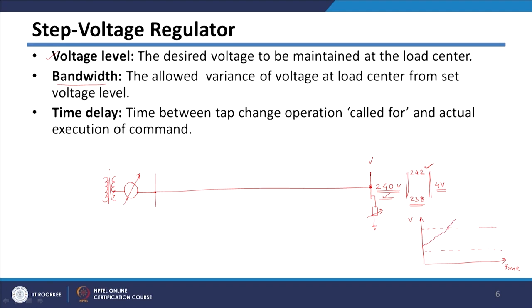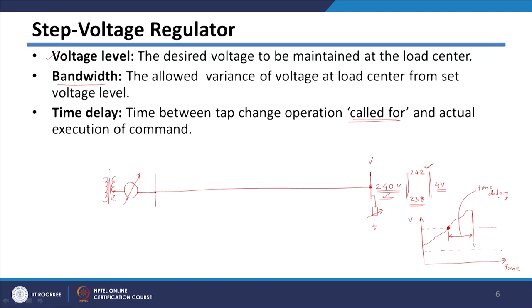Now, here the voltage has gone beyond the limit which you have specified. So, we need to operate the regulator at this point. However, there will be some time delay and then the regulator will operate. Here the voltage has gone up, however, the regulator has operated at this particular point. The time difference between these two points, where the tap change operation is called for and where the actual execution of the command happens, is called the time delay. This time delay is required, however, because we do not want frequent